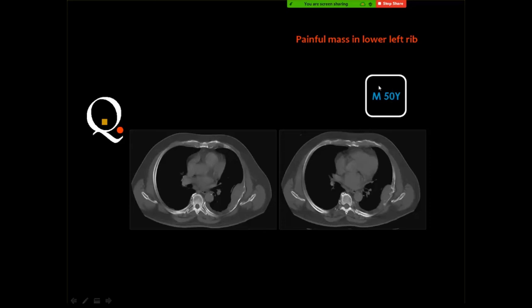Yes, this patient is 50 years old. Then, this lesion does not look so much aggressive, but there is actually erosion, and your suggestion is right. It is not in the lung, it is of the chest wall. But considering the underlying rib pathology, then you may feel that this is of rib origin. And could it be such, metastasis? Yes, metastasis or